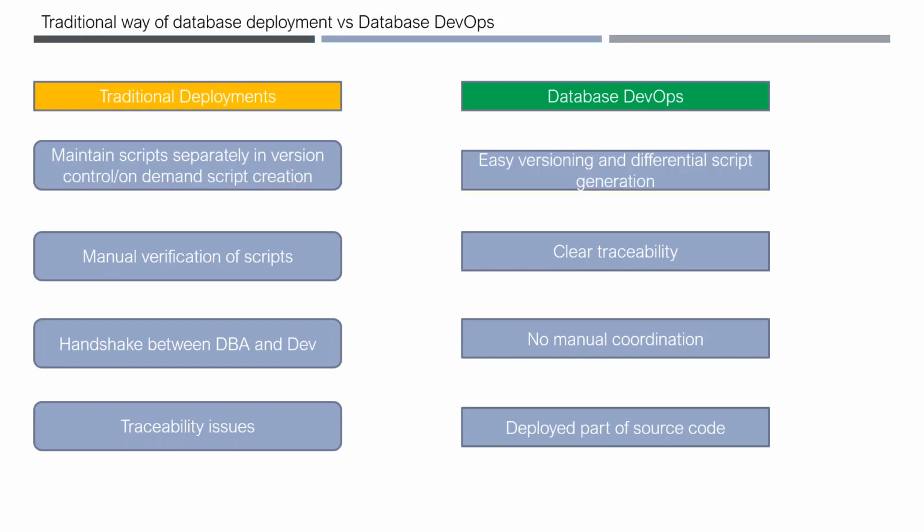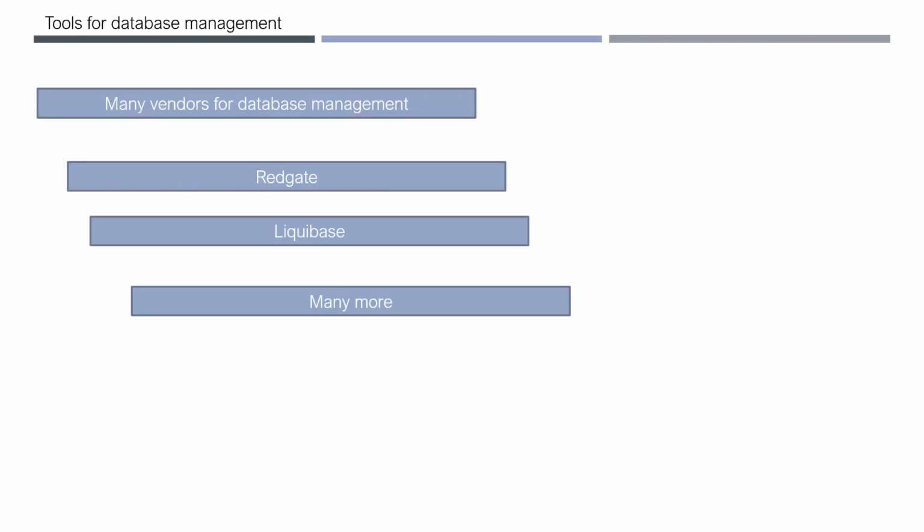But when you use database DevOps, we are integrating. We are keeping both things in only one pipeline. Of course, if a team wants it as a separate job, we will create a separate job, but still we have the integration. It's up to the business requirement and your management decision. So I can keep this database build and deployment as part of my single pipeline, or I can keep it as part of another pipeline also, but still it is in the tool. So these are the differences between traditional database deployments and database DevOps, and how we do it.